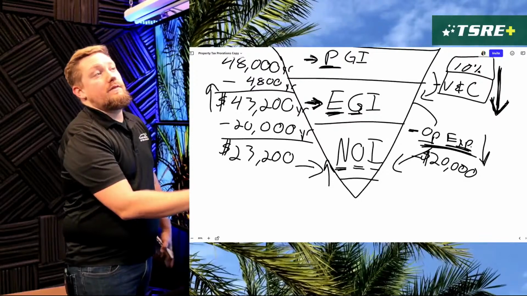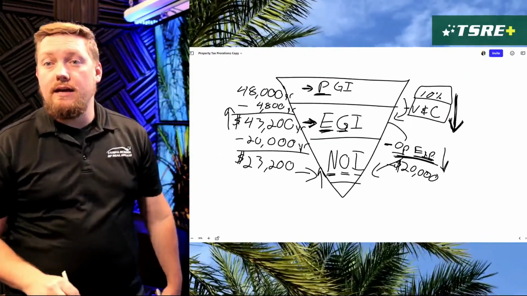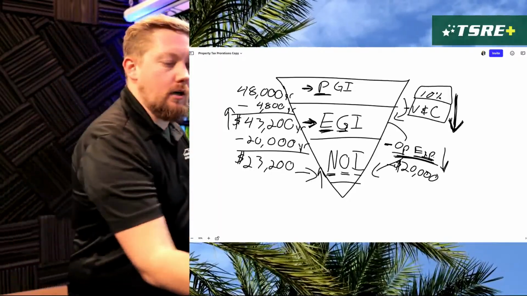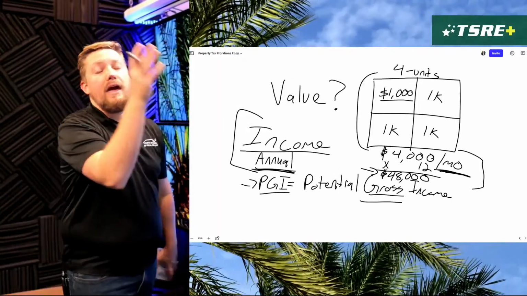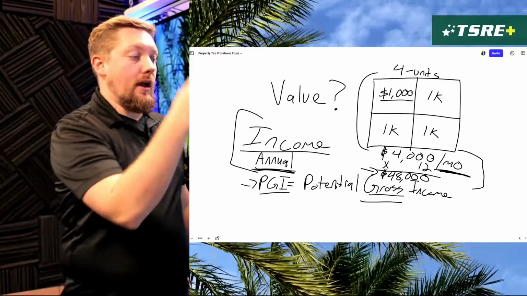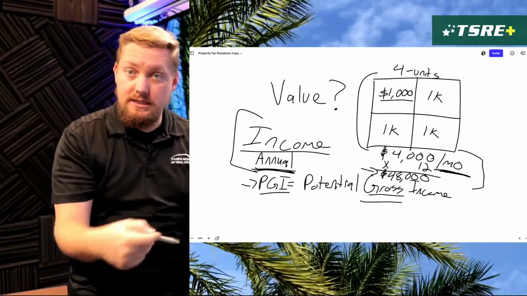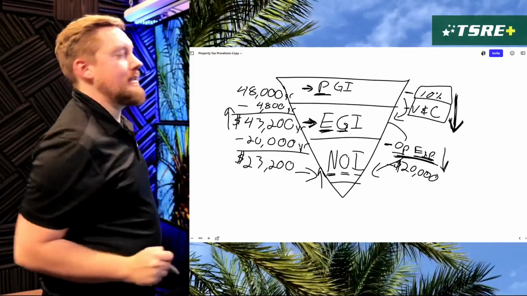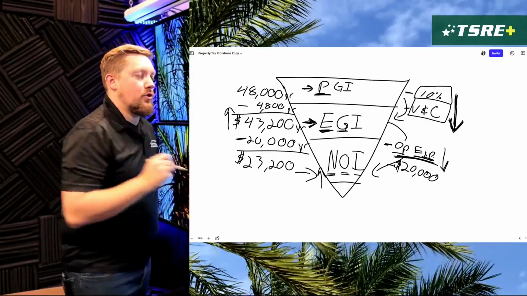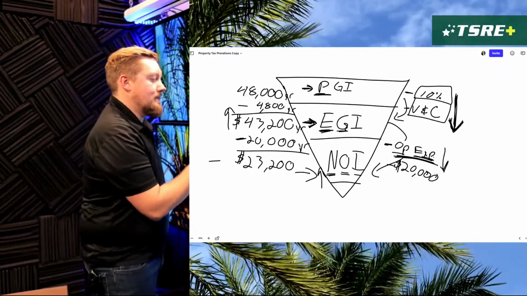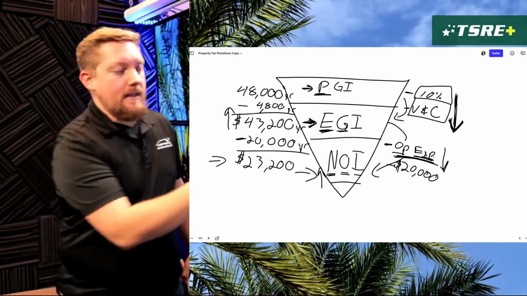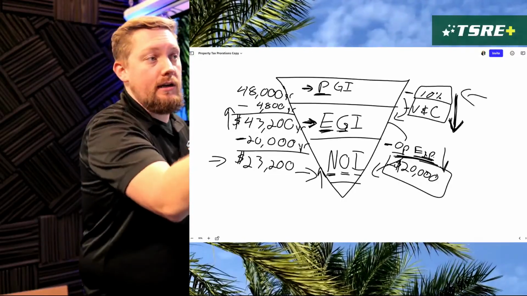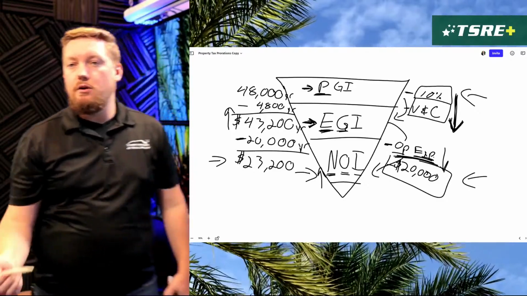But what we have just figured out, and this could be a question in and of itself, where it could give you some variation, some version of what we've been talking about so far. Could be going all the way back to the monthly rent, where you've got to figure out the total monthly rent across all the units and then multiply that by 12 to get the annual number, and then subtract out the vacancy and collection losses, and then subtract out the operating expenses. And operating expenses, as well as vacancy and collection losses, really everything I've given to you on this side right here, this would be given to you in the question.